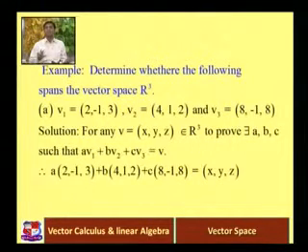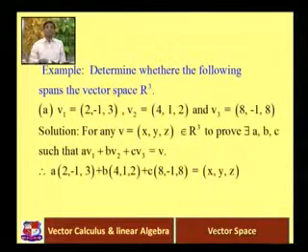But you can also check whether the given set spans R3 or not using linear independence. Clearly these three vectors are from R3. If these three vectors are linearly independent, then using that theorem it automatically spans R3 and it is a basis of R3. Okay, so you can also check the determinant.